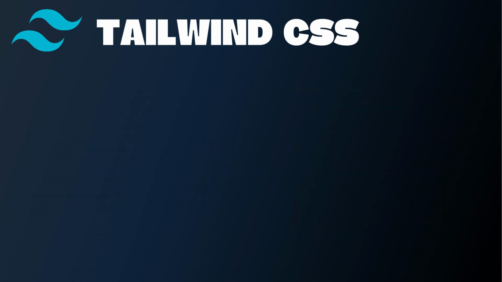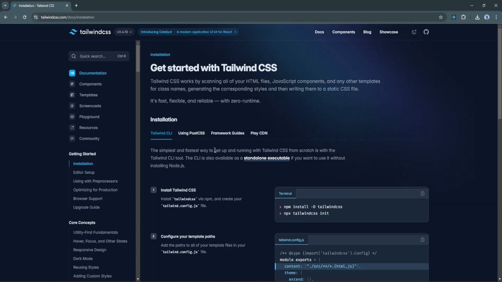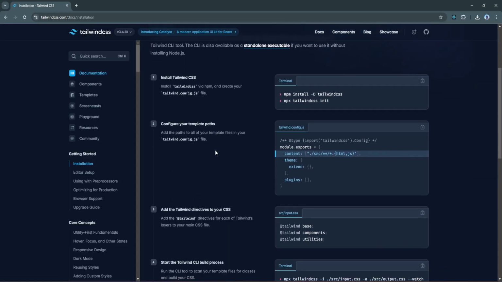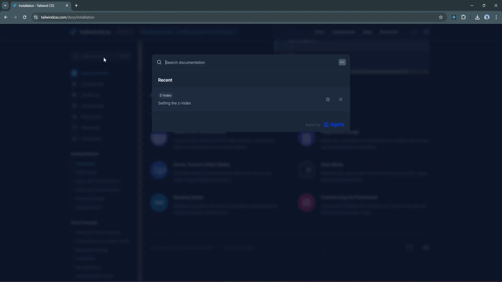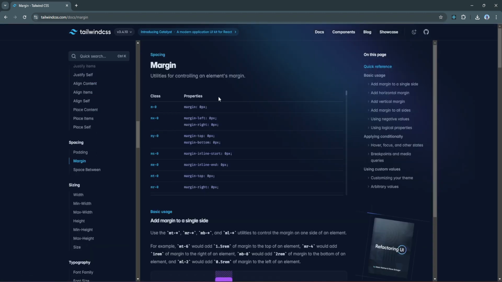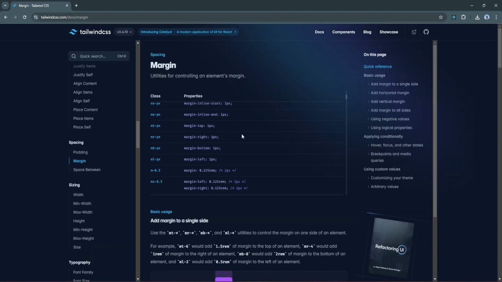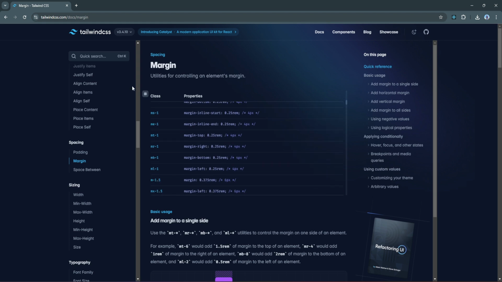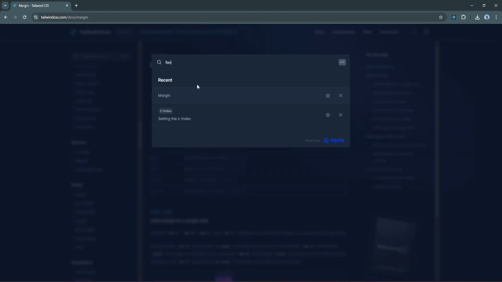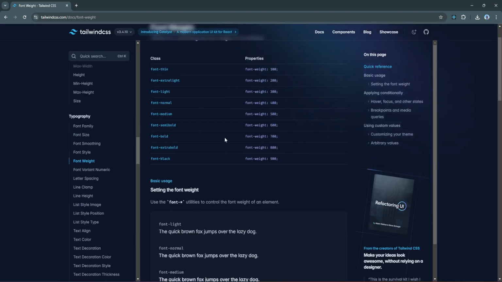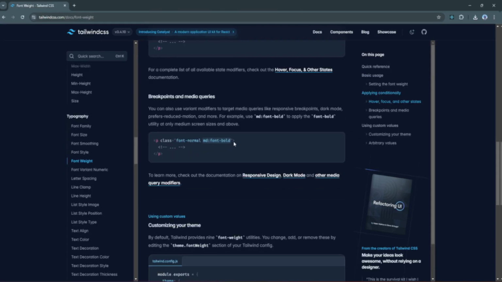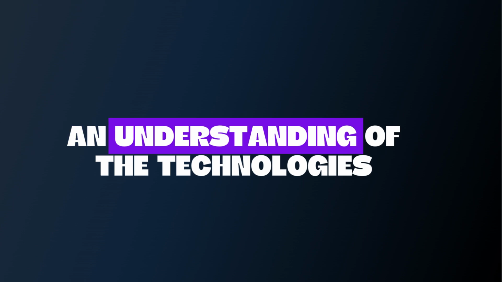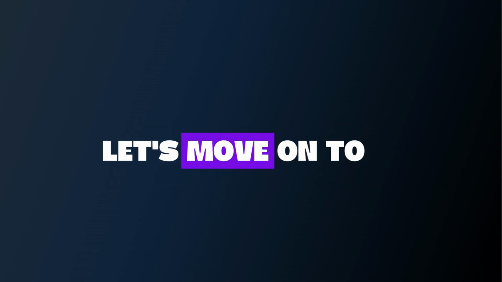on any device. The Tailwind CSS documentation is extensive and includes detailed guides, examples, and a searchable class reference. It is designed to be both beginner-friendly and comprehensive, making it easy to get started and find the information you need as you progress. You can access it at tailwindcss.com. The documentation is regularly updated and includes best practices and tips to help you get the most out of Tailwind CSS. Now that we have an understanding of the technologies we'll be using, let's move on to setting up